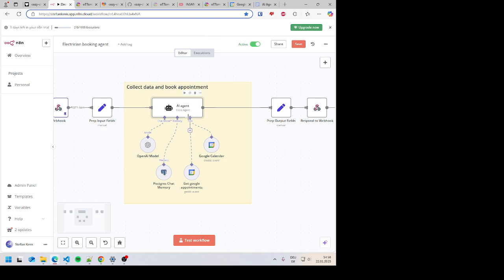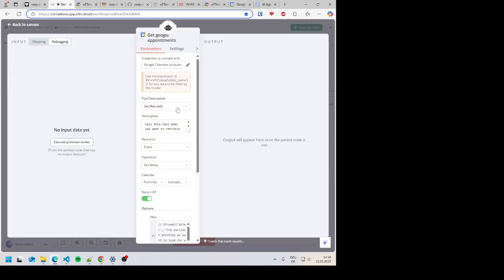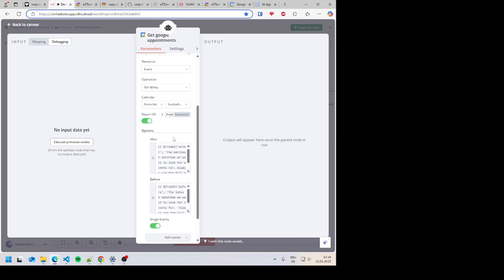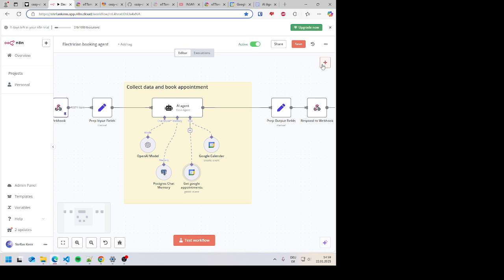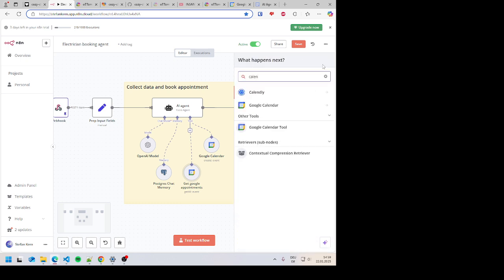And now, how does the booking happen? How does the gathering of the appointments happen? You go into your Google Calendar widget, and you collect the appointments. So here, this is a tool which is already fully integrated with N8N. There are other calendar tools as well. So for example, we have Calendly, and I also made a demo, which I can also quickly show you,